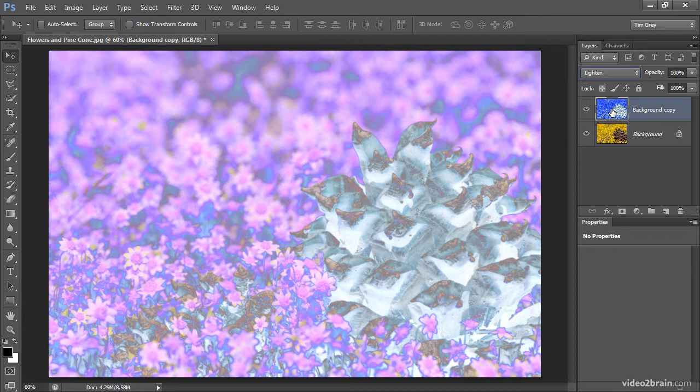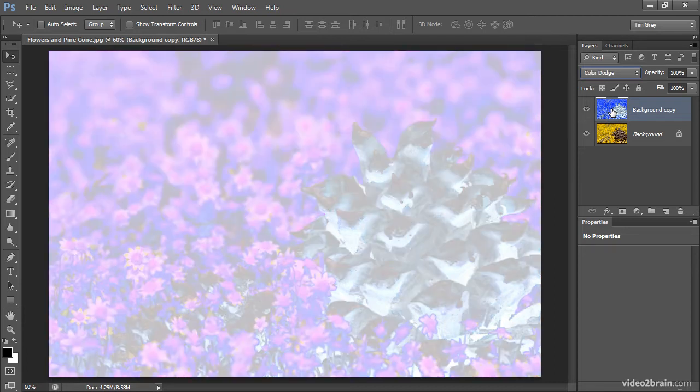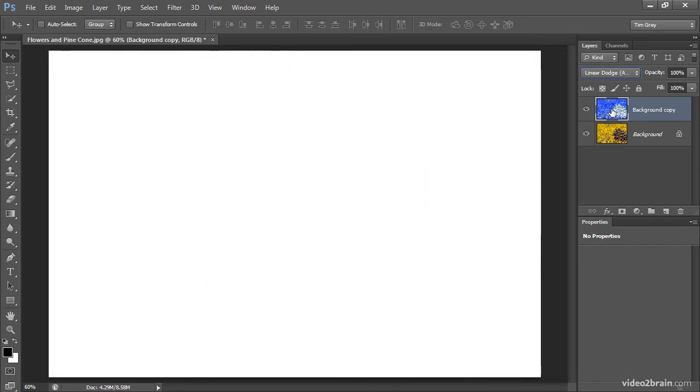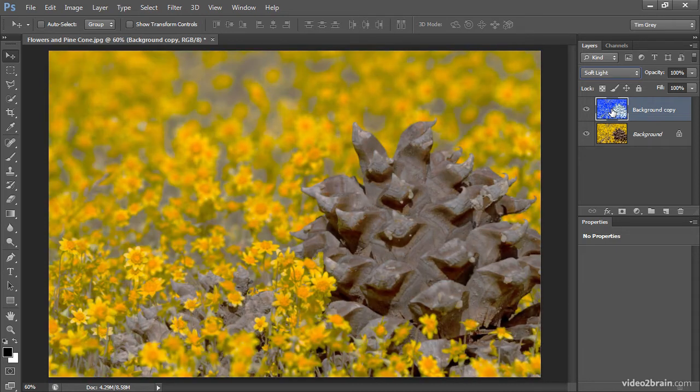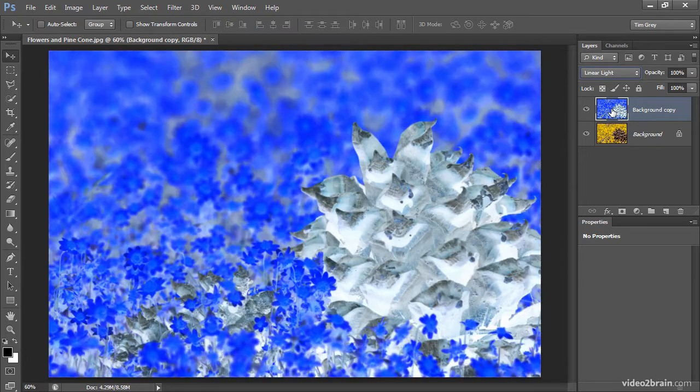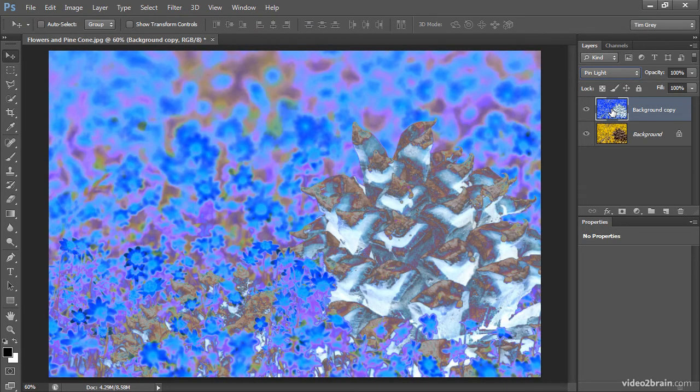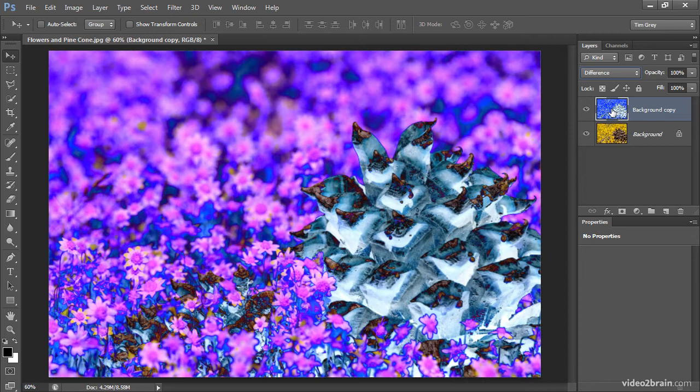on your own. And that's part of the fun of working with these various blend modes, is that you can create results in a variety of ways that are sort of difficult to anticipate. This is certainly an interesting result, for example. I'll go ahead and cycle through the rest of the blend modes here, and we'll see a variety of different possibilities. Some very interesting, and some not so much.